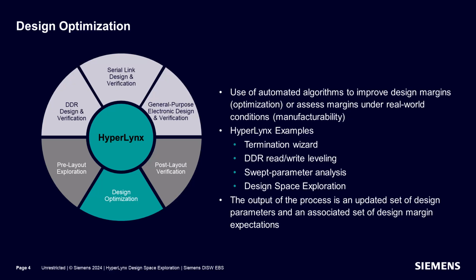With either manual or automated optimization techniques within Hyperlinks, bringing a design to best meet your requirements is easier than ever. Manual optimization, such as performing swept parameter analysis, and automated optimization, like Design Space Explorer or Terminator Wizards, allow you to have control on the information reported to you. Whether you're looking to review the changes one trace width has made with a manual optimization and singular report, or taking a deeper dive to see how to best optimize a via, Hyperlinks gives you the tools to simply and effectively guide you to your best design.